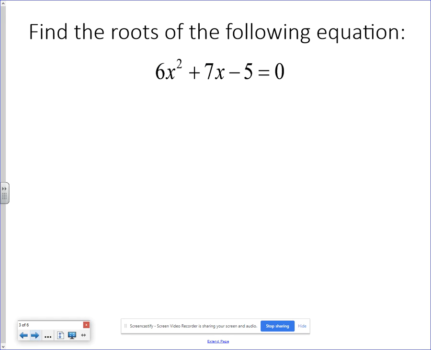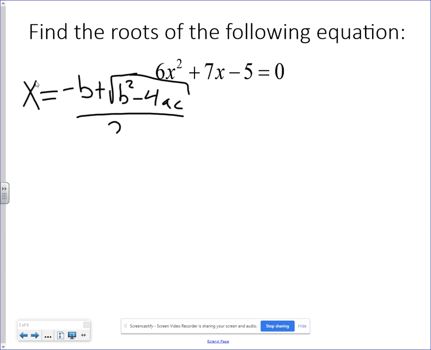So let's look at an equation here. Let's find the roots of the following equation. We have 6x squared plus 7x minus 5 equals 0. So we have our quadratic formula right here. All we need to do is figure out what a, b, and c are in order to use this formula. So if we think about a,